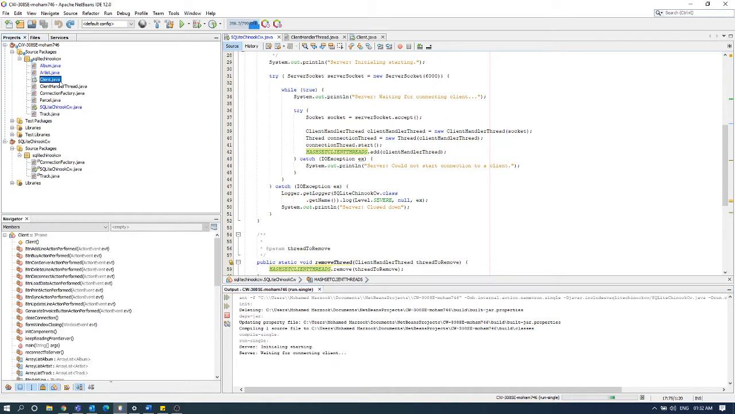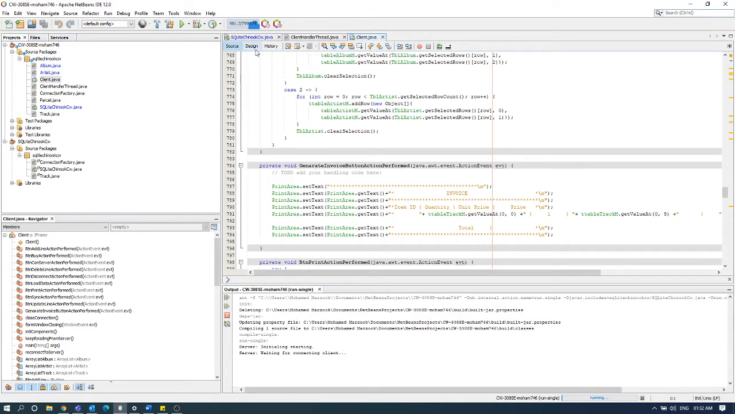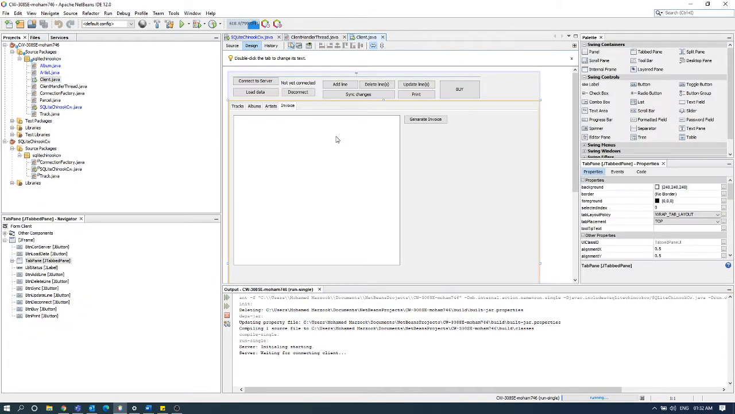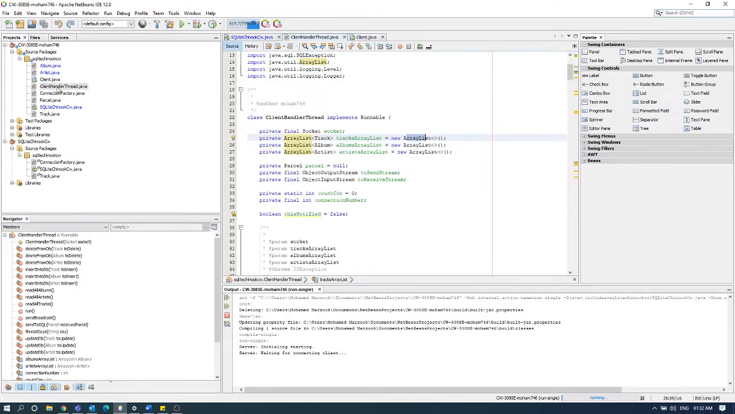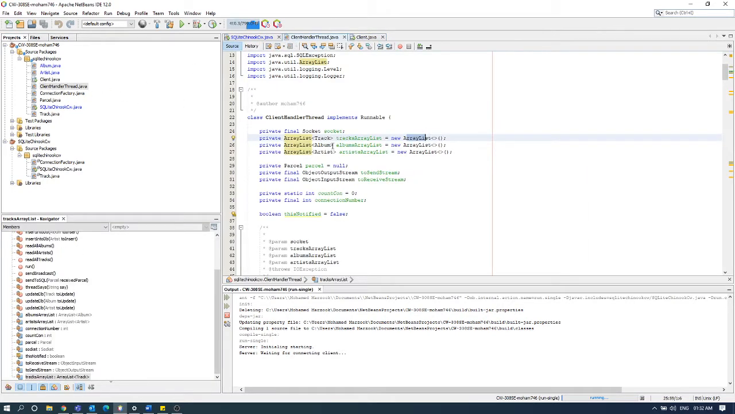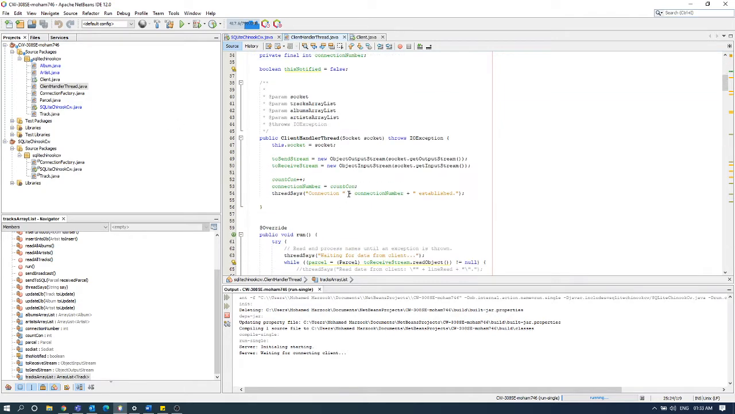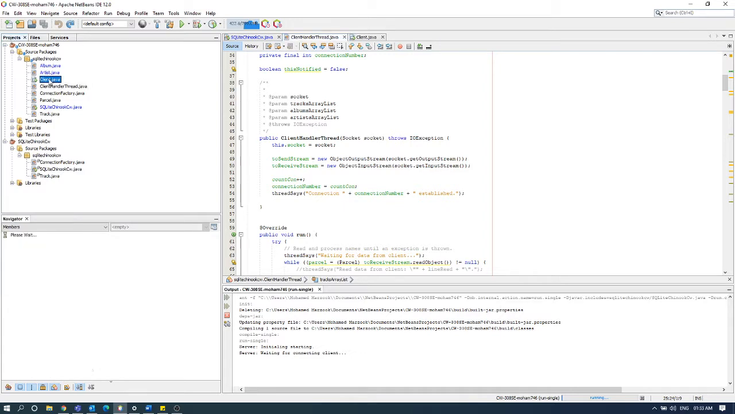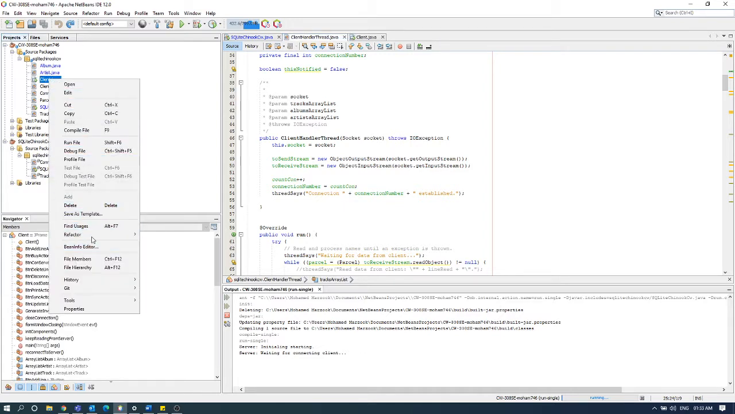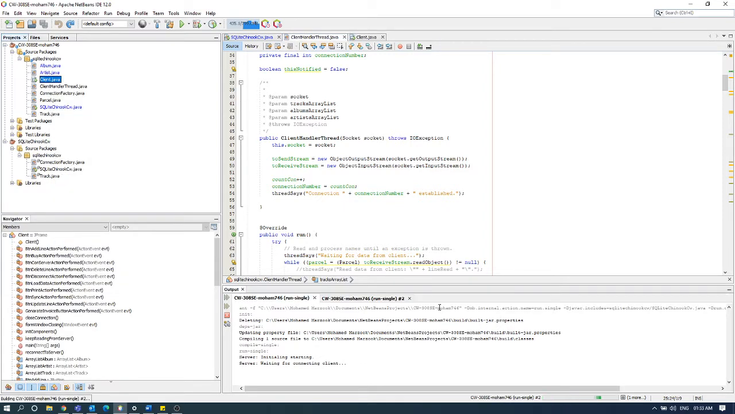So here I implemented the client side application. In the client side application, the GUI is made using Swing, and there's a client handler thread which uses an array list for temporary data storage from the server to the client side, and uses sockets, and it can establish multiple threaded connections. So once I run this client side, the GUI will start running,